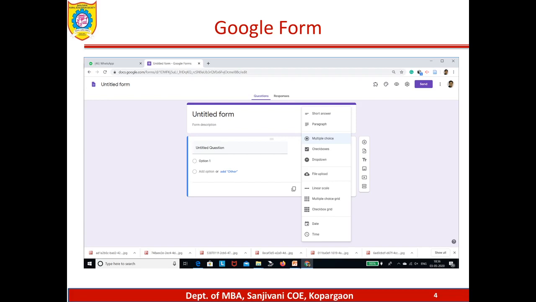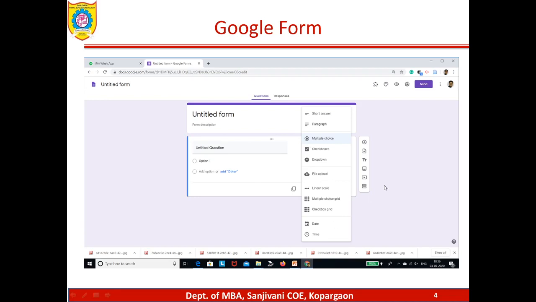The multiple choice grid is also very important, with a statement like "I am continuously watching the video" and a choice from 1 to 5. You can make lots of questions in a single matrix in this format. Then there is a checkbox grid also available. You can also ask for a date and time.